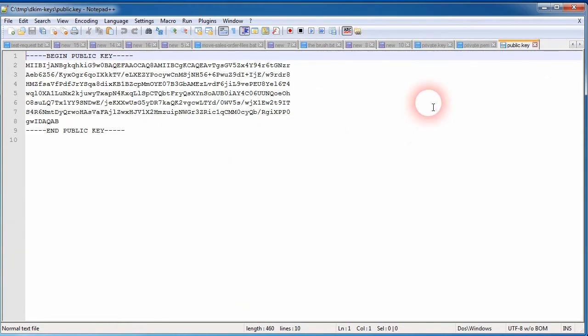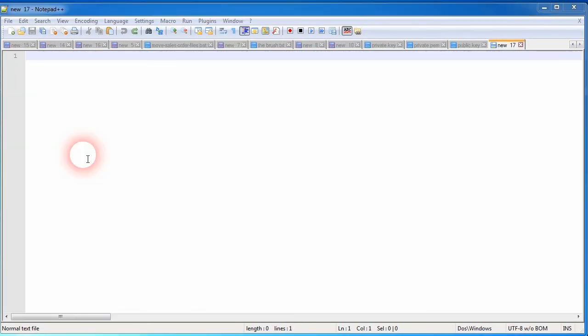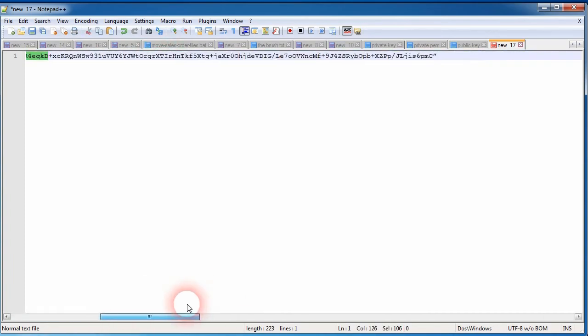So what we need to do now is create a DNS record against the website domain where we want this public key to be stored, and we need to get the private key put into the TOTECS platform. Now, when we create a DNS record containing the public key, the DNS record needs to have the value as shown above. So it's going to have a text string that contains what version of DKIM the record supports, and it's going to say what the cryptographic cipher is being used,